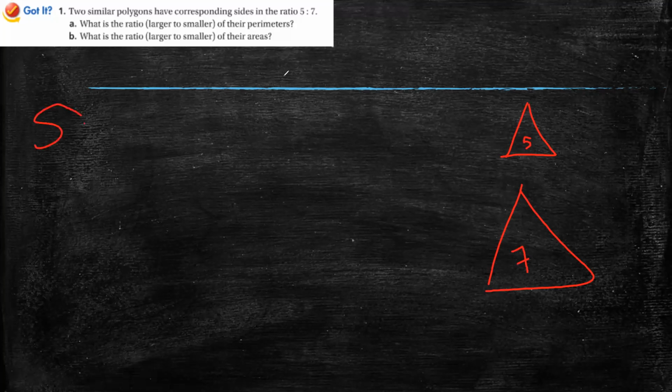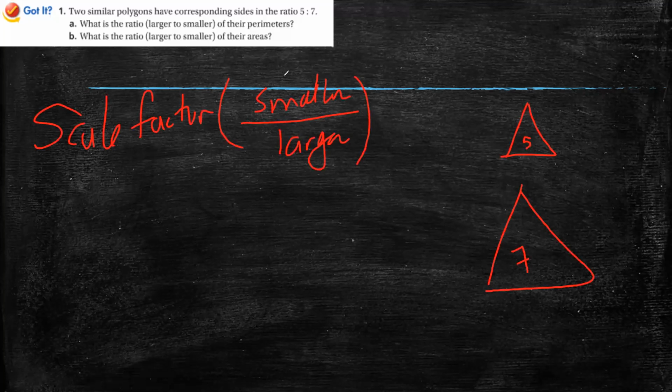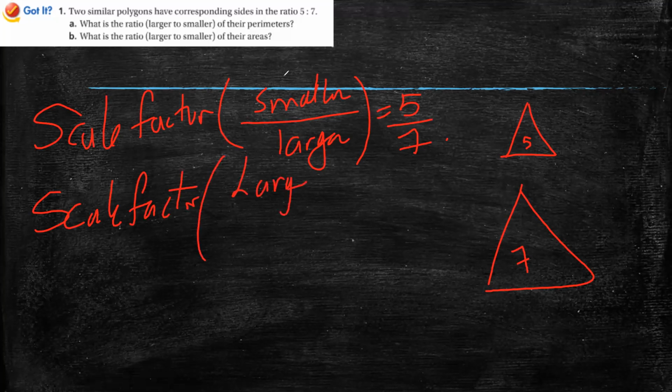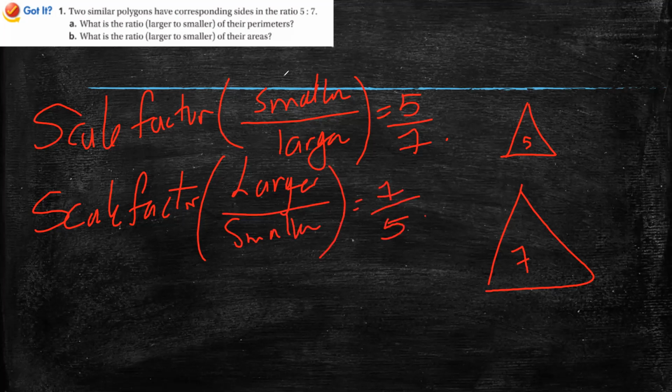So the scale factor here of smaller to larger is 5 over 7. And the scale factor of larger to smaller is 7 over 5. This is smaller to larger and larger to smaller. Now the first one,